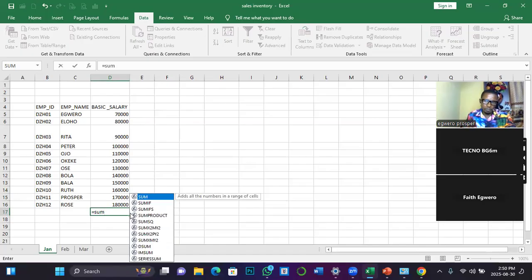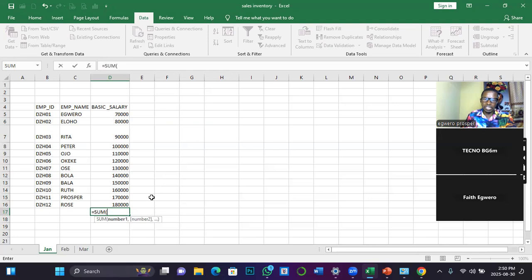Once you type SUM, you can see that all these functions are already built in Excel's library, so it brings it out. You can complete it by pressing Shift and 9, or once you can see the SUM, just double click on it, and then Excel will automatically open the bracket for you.